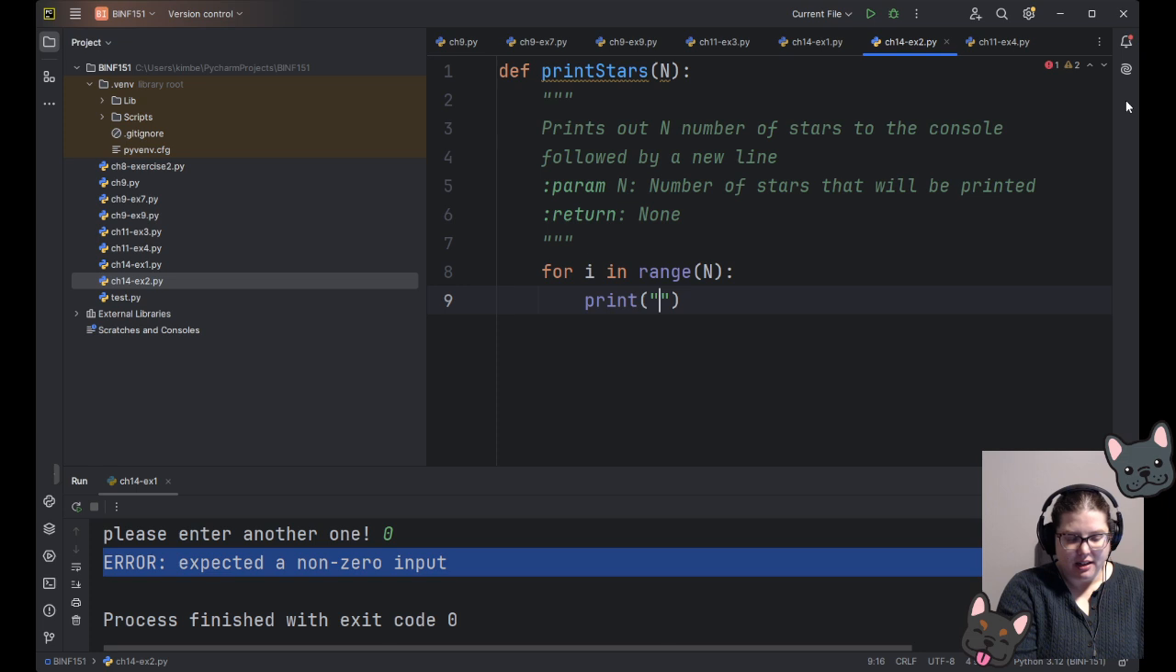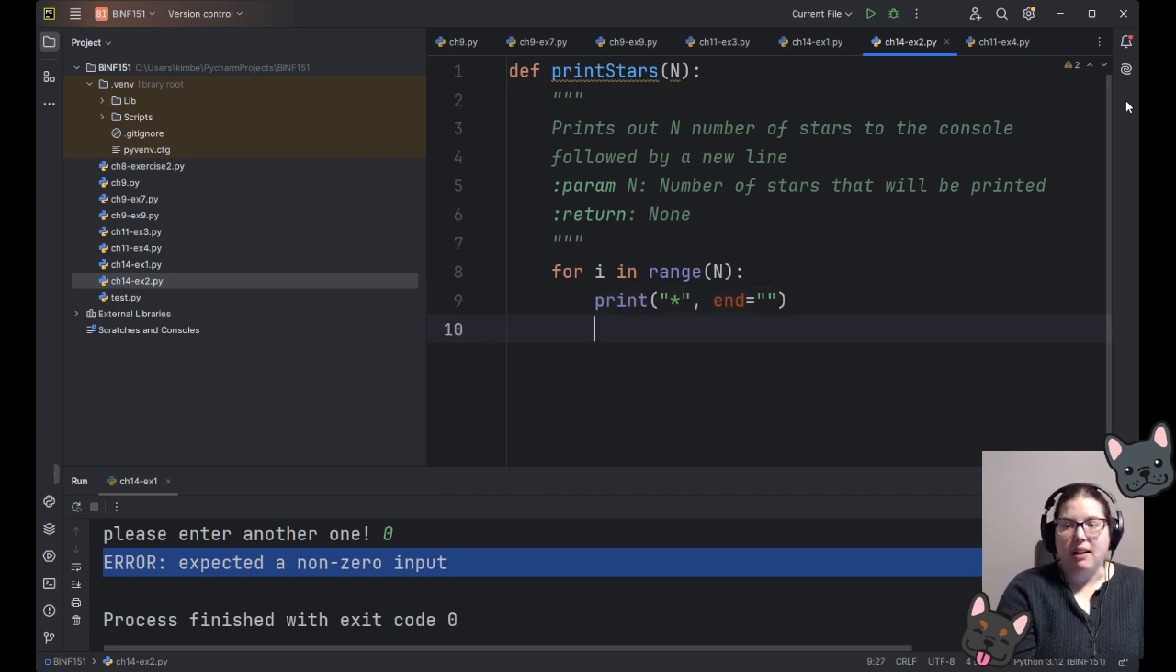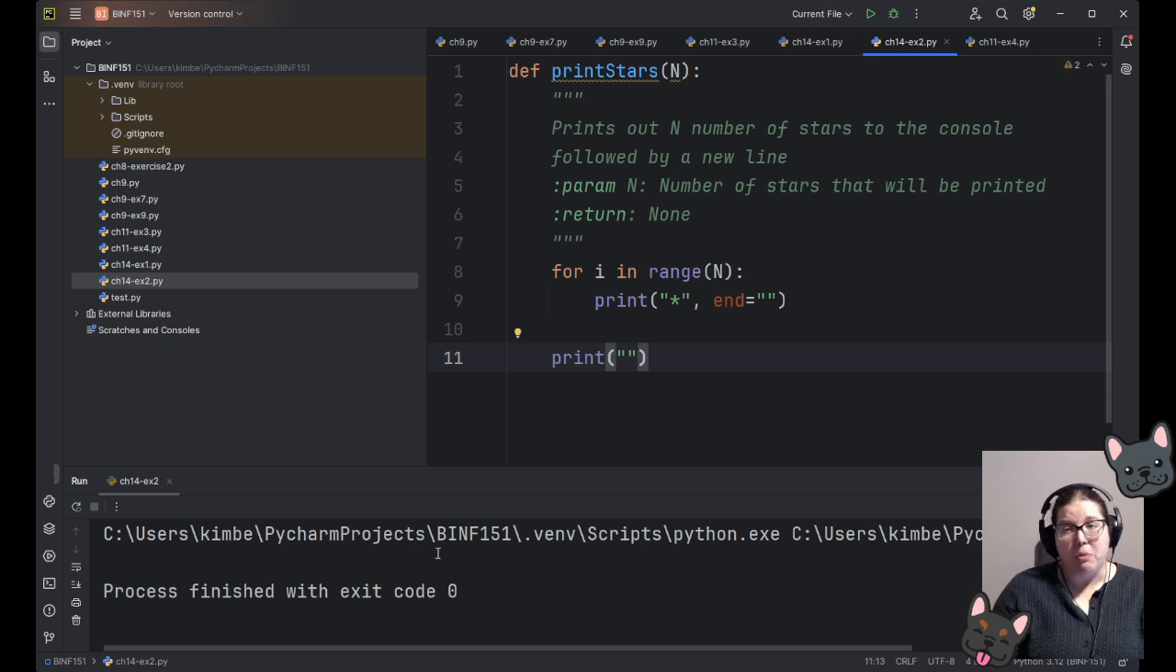We will print the star value, and then we'll also add that second parameter that removes any newline at the end of that print statement so that we don't get them all on separate lines. And then after that for loop is complete, I will just print an empty string to get the newline that we need. We can run this right now and we won't get any output because we're not actually calling this with anything. What we would need to do to test this out is actually call the function after we've defined it,